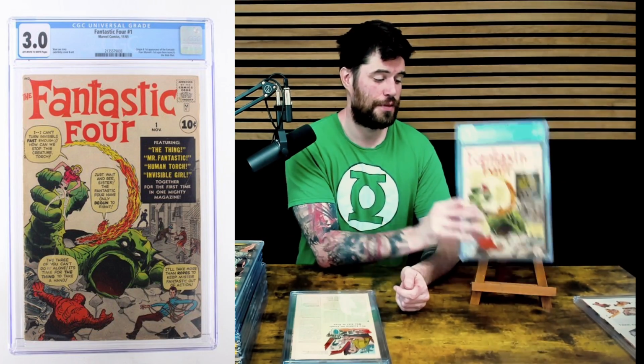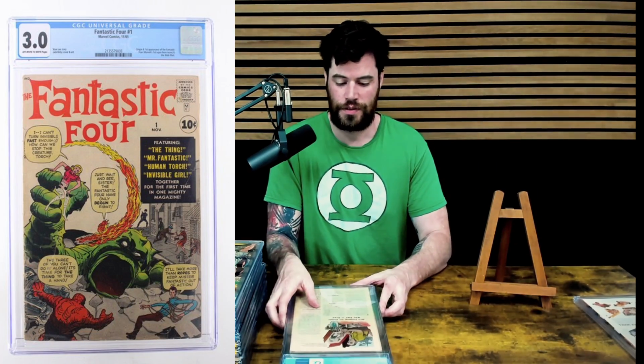All right, next we got, I think this is the most expensive book that we have in the auction. Fantastic Four number 1 in a 3.0. Yeah, they're coming out with the new Fantastic Four movie pretty soon, so that's going to be great. Great book to get. Next we got the first appearance of Galactus and the Silver Surfer, which rumor has